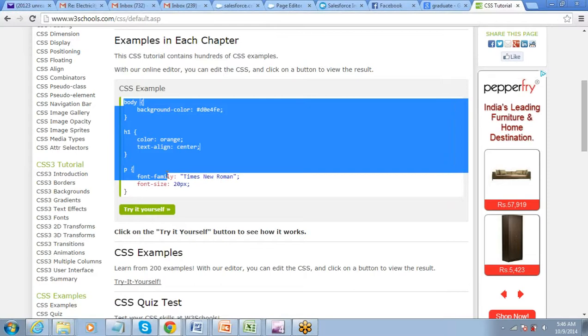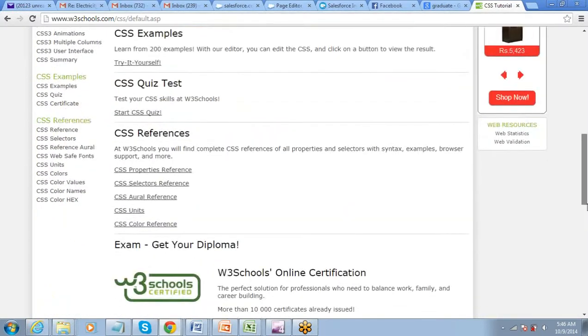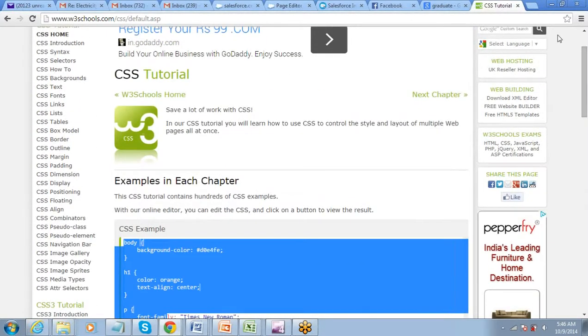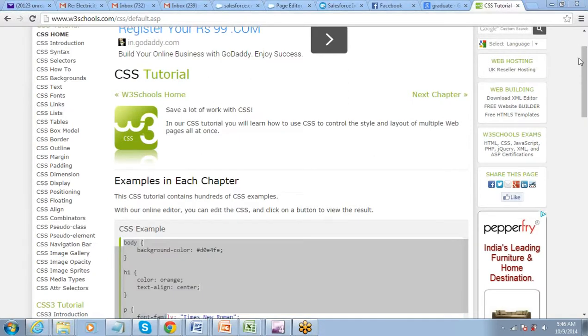The same CSS thing can be done on Salesforce as well, for our Visualforce pages. We can write a style and then call it on the Visualforce components. We will take an example here on W3Schools.